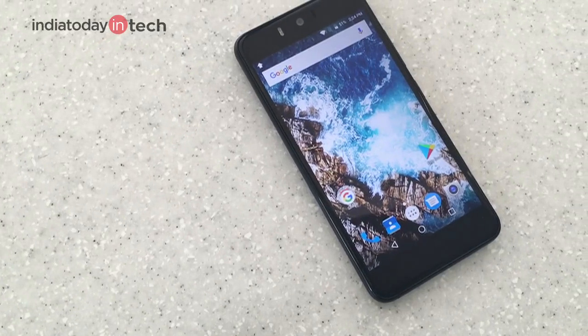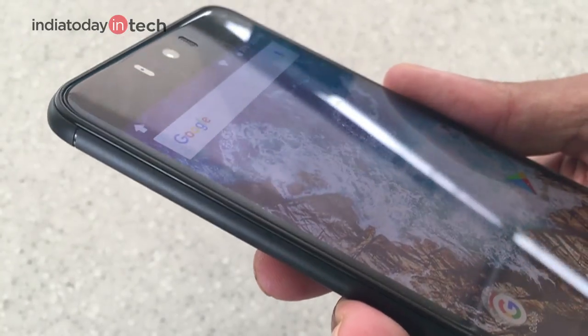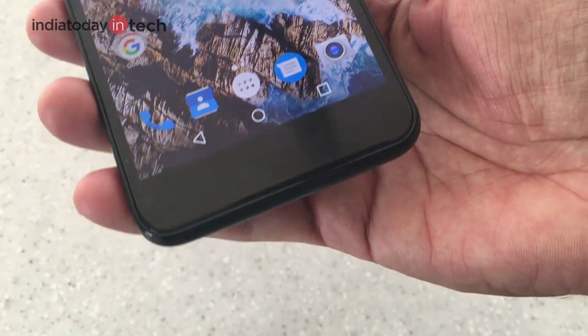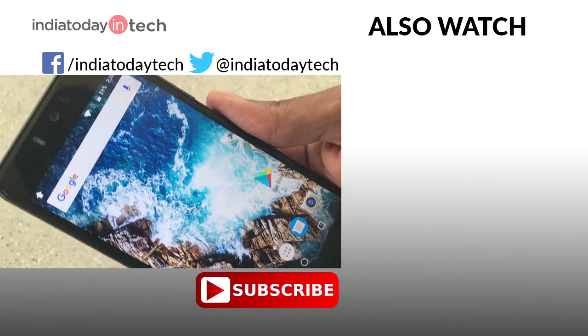Given the fact that Kult is selling this phone for just rupees 6,999 seems to be a fair deal, but the company itself is not very old, though it does say it has 750 service centers across India. So we'll be doing a full review of the phone, and we'll also be writing in detail about the company as well. So stay tuned,